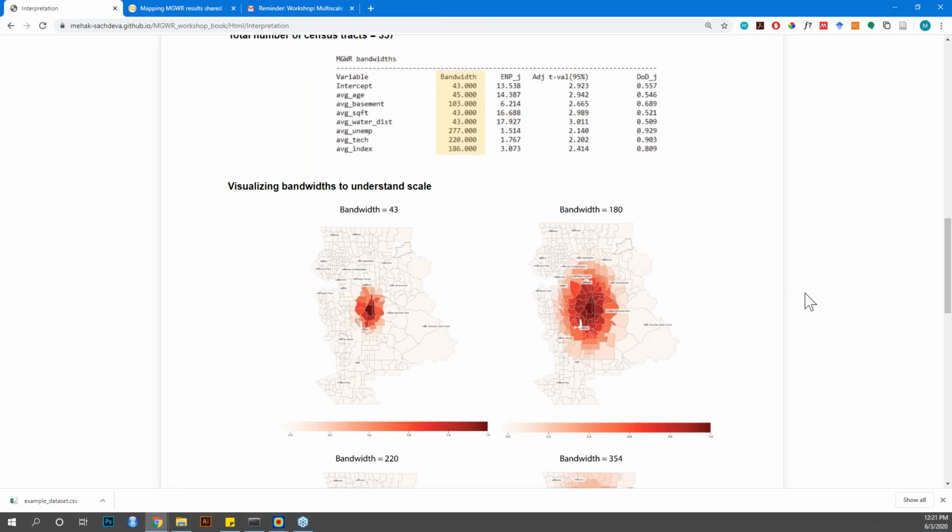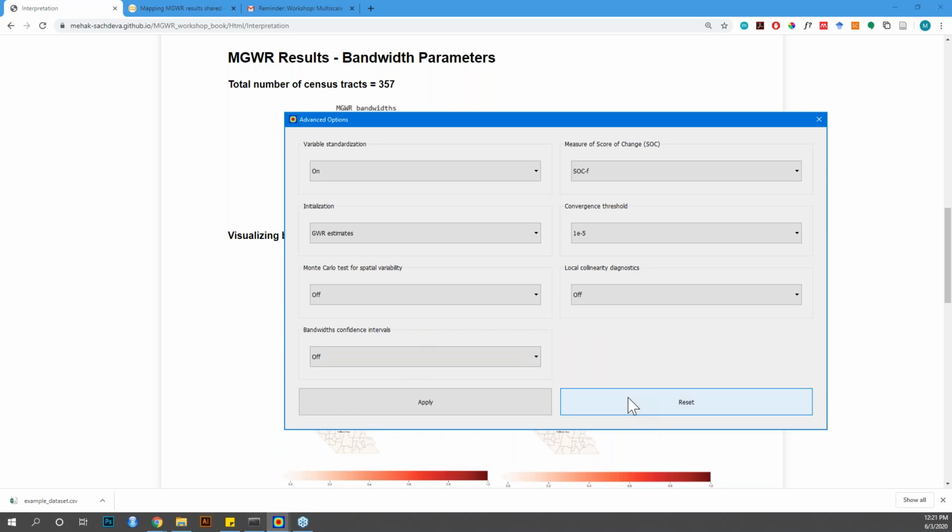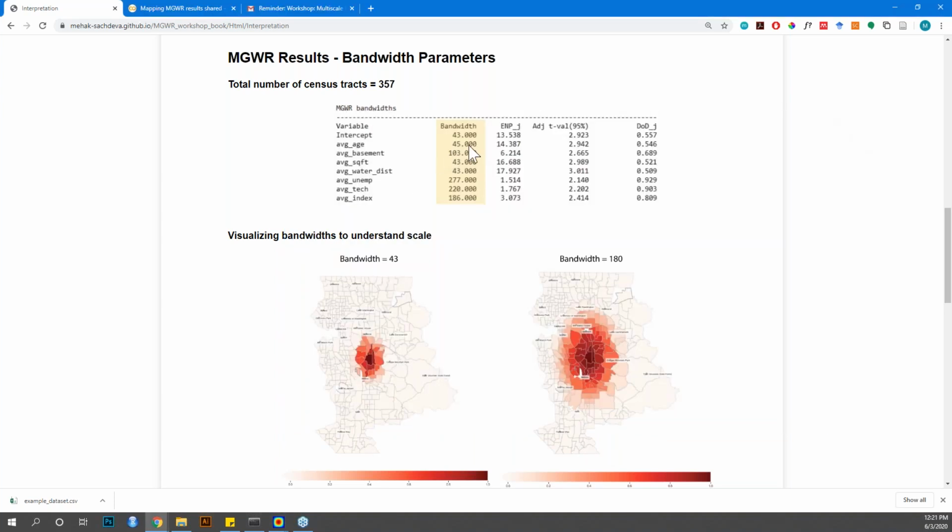But it's very interesting that people got different bandwidths. If your bandwidths are differing by 5 or 10 or something, I would not worry. But because the average age is so local and someone is getting something in the 200s or 300s, I would really want to circle back to that. That's a very interesting observation, and we can chat more about that in a bit. I would again point out that if we were to switch on the confidence intervals, that would give us a better picture. Maybe the average age is just overall